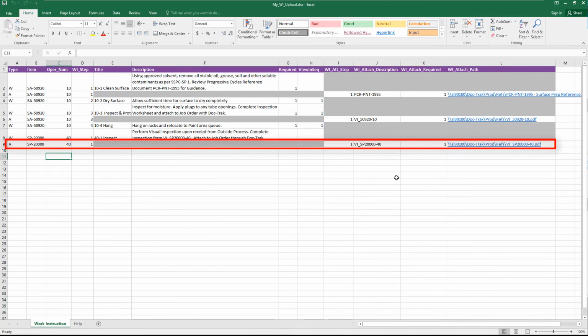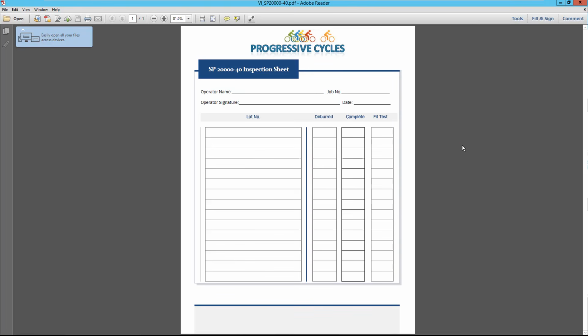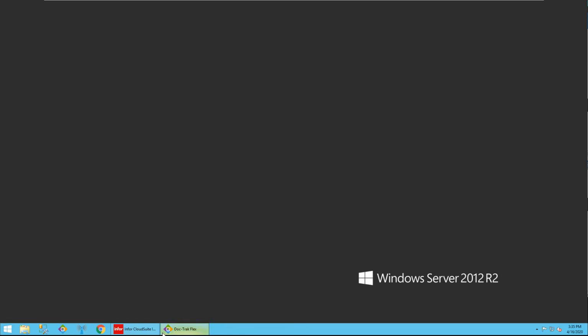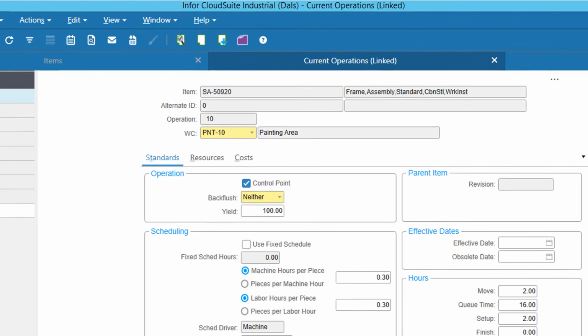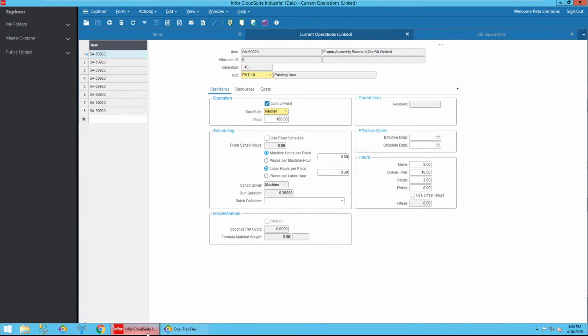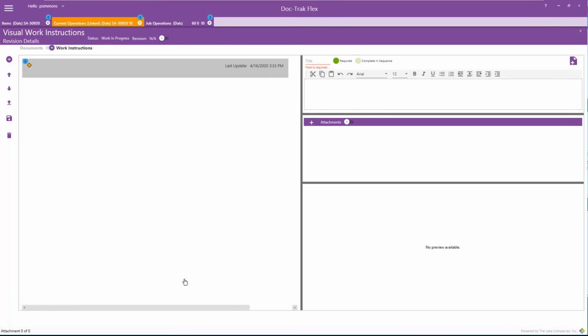And here's an inspection sheet attachment for them to use. Right now, you see that I'm focused on the main operation that will be getting the work instructions, but I don't have to be. I can be on any current operation and the upload will work.